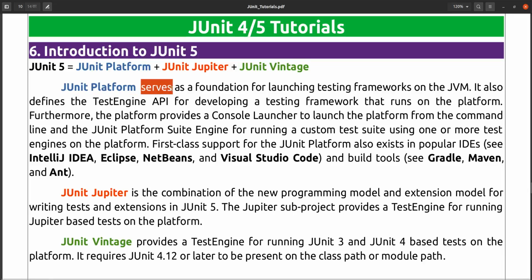JUnit platform serves as a foundation for launching testing frameworks on the JVM. It also defines the test engine API. You can say that whatever the APIs are there, that is the JUnit platform. This is just one platform, or you can say a testing engine for developing testing frameworks that run on a platform. The platform provides a console launcher to launch the platform from the command line and the JUnit platform suite engine for running a custom